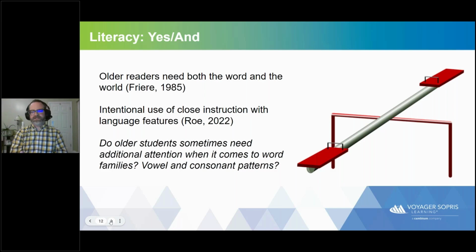And I love the blended approach, the blended idea of literacy as this multitude of processes. Reading is such a complex process. As students are growing older, the other thing that I recognize is that students are experiencing a remarkable range of complexity in the world around them, in the ways that they're thinking about the world around them. And so the first notice here that you'll see is Paulo Freire, this idea that older readers need both the word and the world. They are readers of the word and the world, and that's part of literacy too.